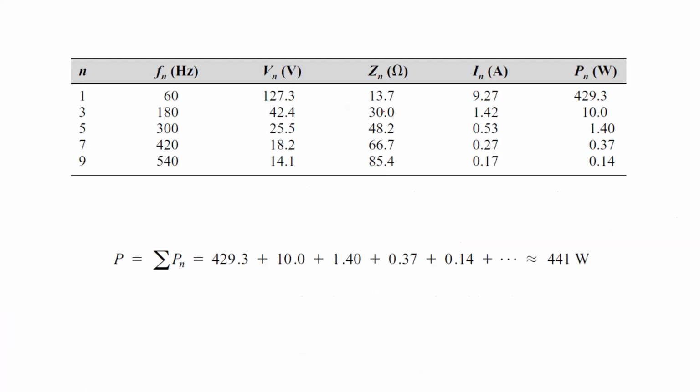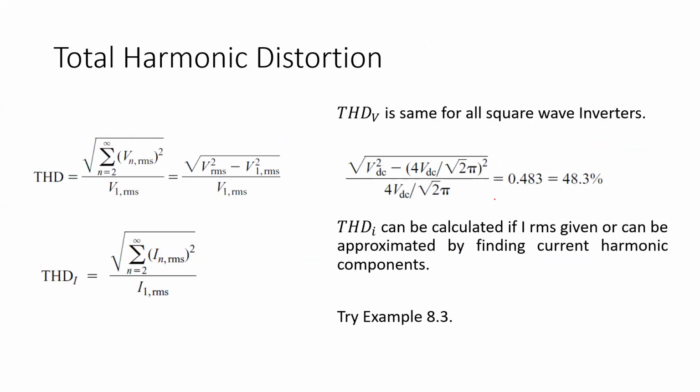You can find everything. So these are variables. Now there's an R plus RL load. The reactive impedance will change with omega. This will depend on omega. That's why we are finding the impedance also. So the rest of the parts are very easy. When you have all the components, we have found up to the 9th, because these are only odd. So we have found 5 components. We can add them up to get the power. Only for power we are adding them up. For voltages we keep them separate, and current we can't add. For power we can add. Okay. So that's all you should know.